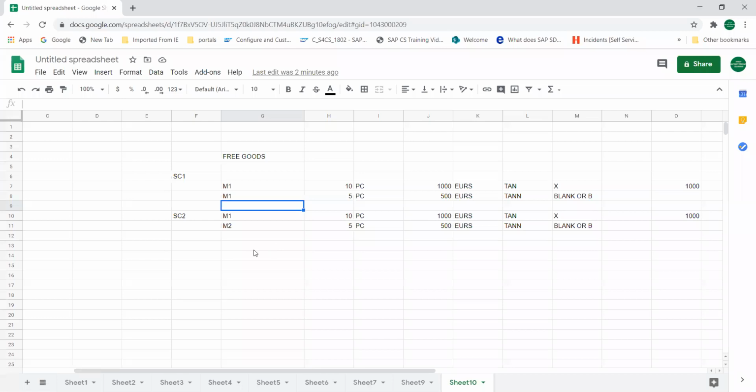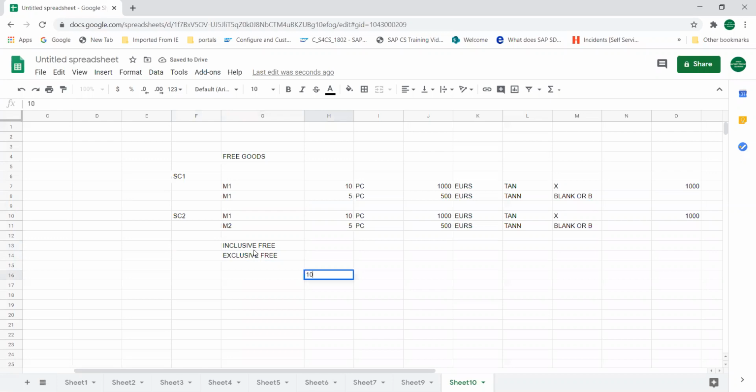Before moving further in SAP, I would like to make one more point. There is something called inclusive free goods, and the next one is exclusive free goods. Try to understand this terminology. What is inclusive?